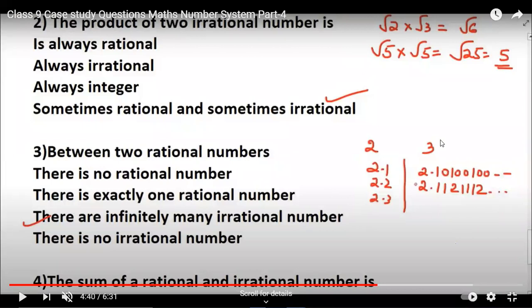So this means between two rational numbers there can be infinite numbers. The rational ones are fixed: 2.1, 2.2, 2.3, 2.4 till 2.9, but irrational can be infinite. So the answer is there are infinitely many irrational numbers between two numbers. Is it okay? Between any two rational numbers, the rational numbers will be finite,